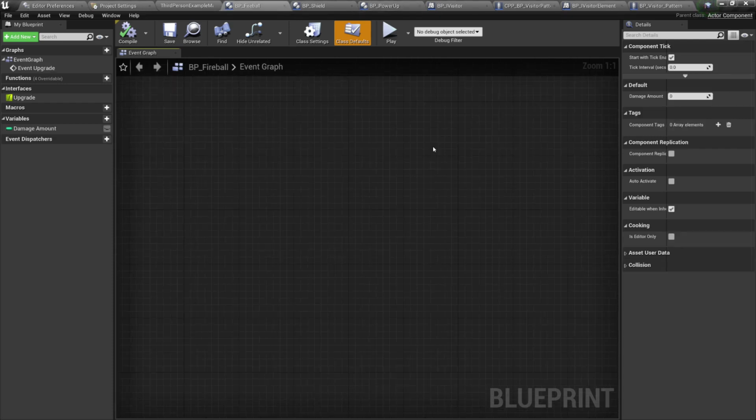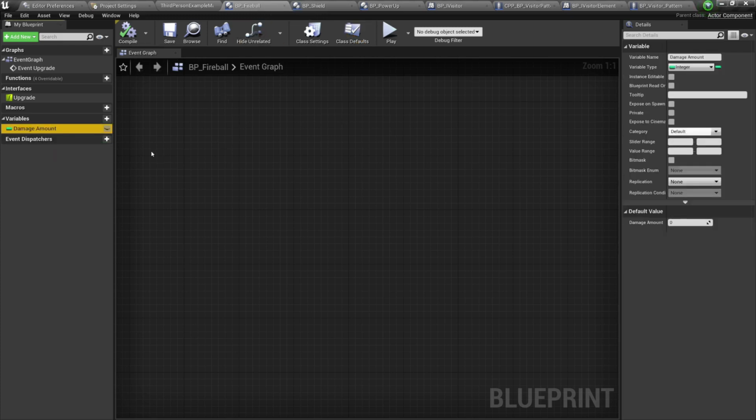The number one rule in programming that is there to help you avoid all the pitfalls and problems later on in your project is naming. And I don't mean naming your child or your dog or whatnot. No, naming the variables and classes that you use. So you need to give meaningful and descriptive names to your variables so that you know exactly what that variable is for. For example, over here inside of this BP Fireball blueprint, I have the damage amount. It is clearly stating that this variable is used as a damage amount to deal damage to the enemy,